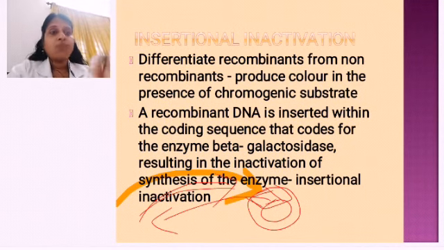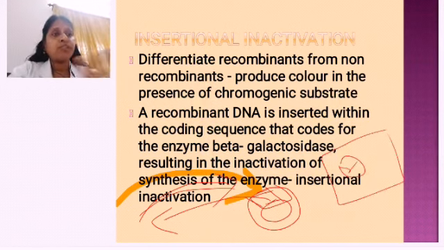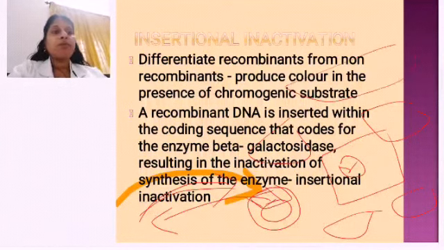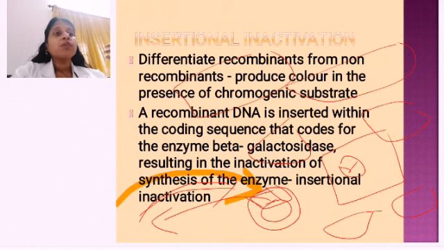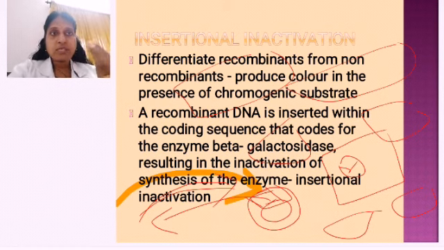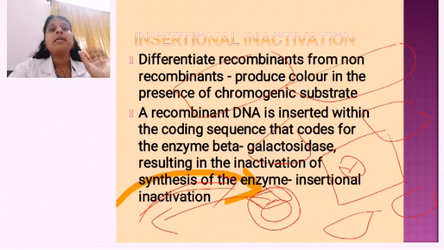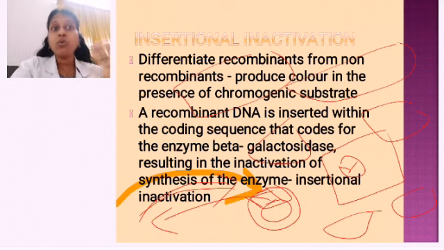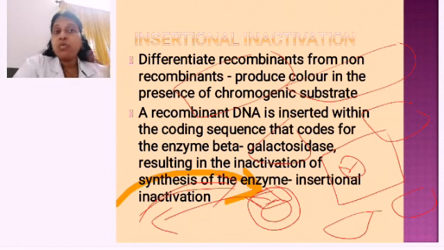No, isn't it? So after introducing this foreign DNA, I am going to take this plasmid and put it into the bacteria, and allow the bacteria to multiply. So many bacteria will be formed, and I will see them. Some bacteria are turning blue in color, which means the beta galactosidase site is not properly inserted with foreign DNA. So that is not a recombinant. The one which is turning blue is not a recombinant. The one which is not turning blue is a recombinant.